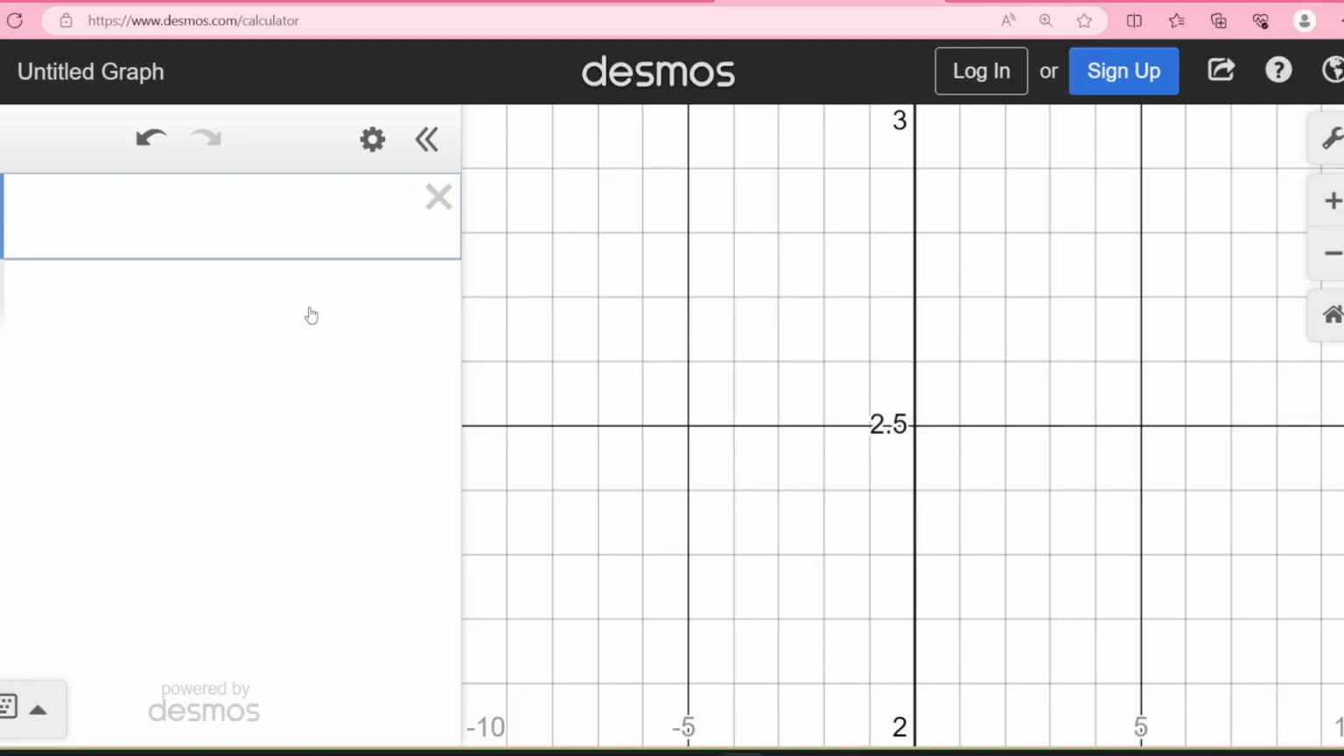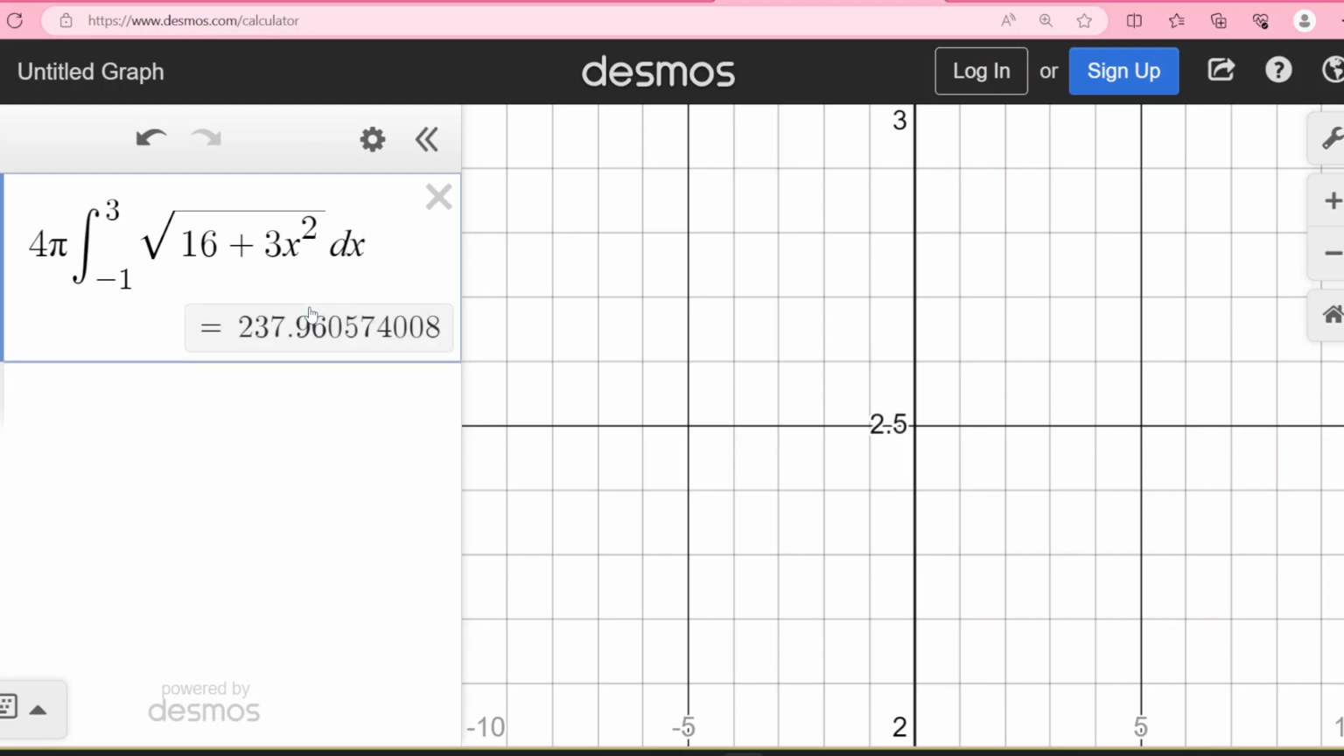So we have 4 pi. Again, you can just type pi and pi will come up, times the integral from negative 1 to 3 of, and I ended up simplifying that down to the square root of 16 plus 3x squared, all inside the square root there, and then the dx on the outside. Right, so this rounds to approximately